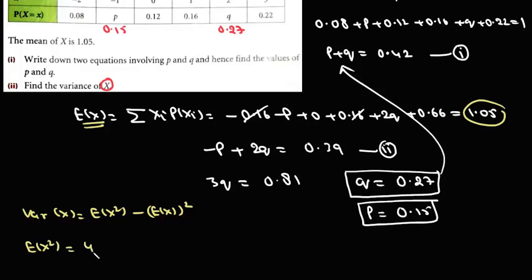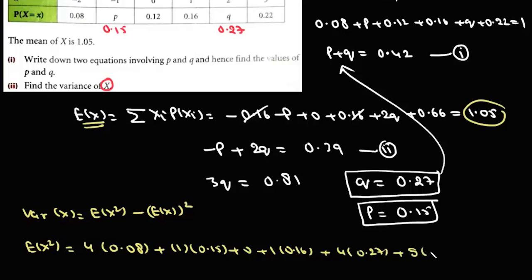ये हो जाएगा 4 इंटू 0.08, ये कितना? 1 इंटू 0.15, ये 0, ये 1 इंटू 0.16, ये 4 इंटू 0.27 प्लस 3 स्क्वायर इज 9, 9 इंटू 0.22। अब ये वैल्यू आएगा आपका 3.69।